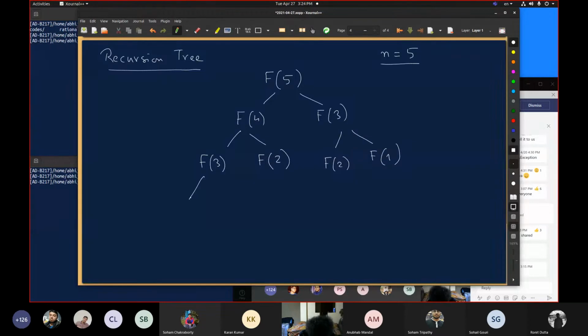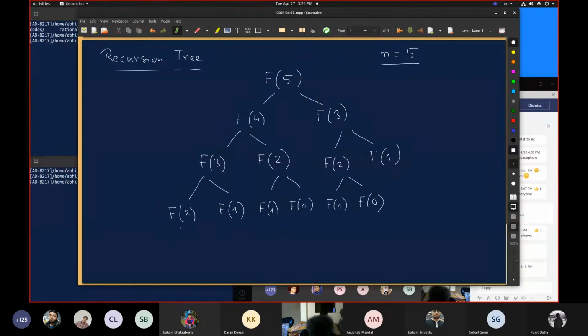F3 calls f2 and f1. This f2 calls f1 and f0. This f2 calls f1 and f0. But note that whenever I have reduced to the case n equal to 1 or 0,